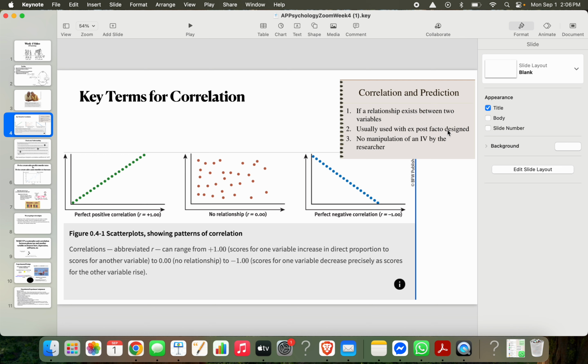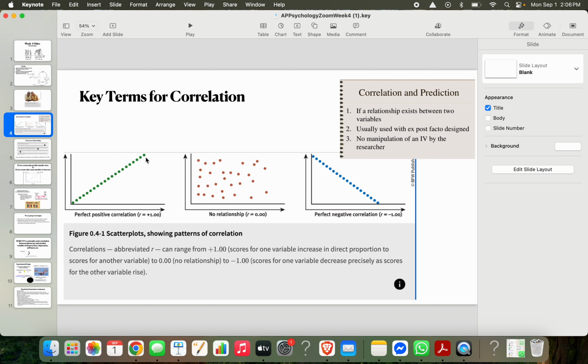Ex post facto means that we're usually measuring after the fact. So something is done, right? In that men, we can measure how long they've been married and how much hair they've lost, but that's all done with no manipulation of any sort of variable, right? We're not assigning men to be married or not be married. That would be manipulation, and we're not doing that.